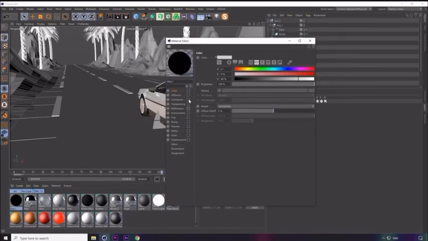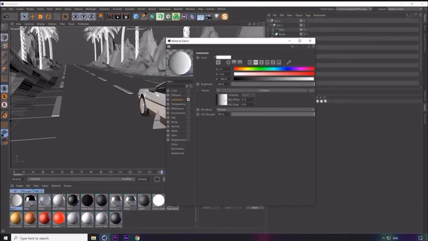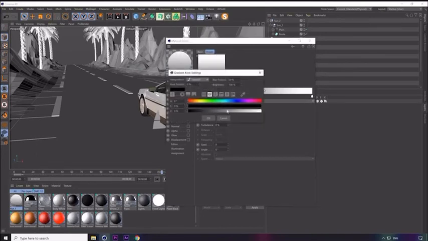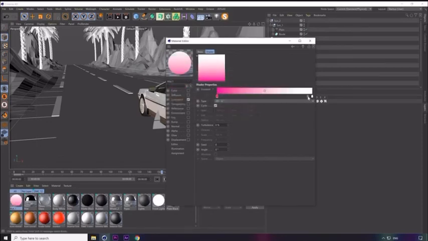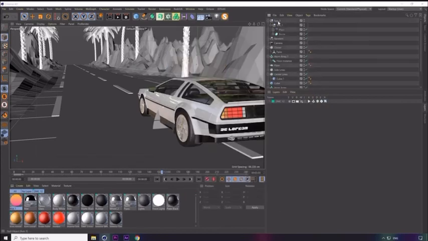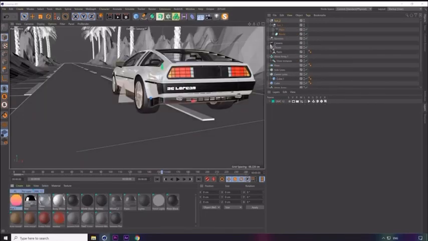In the luminance channel, we want to create a gradient. This is going to be 2D-V, so it's vertically oriented. And then I have these colors, one is like a pink, and then one is more of an orange yellow. Okay, let's solo the sun once again, and you can see the materials disappeared because I didn't apply it yet. So let's apply it,